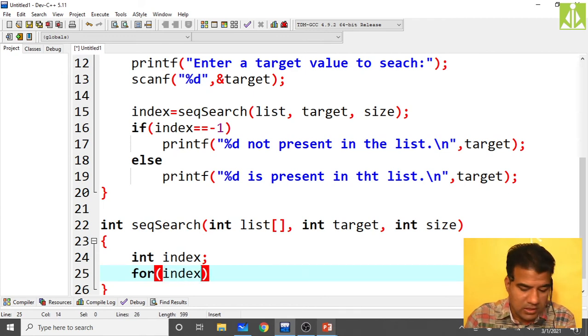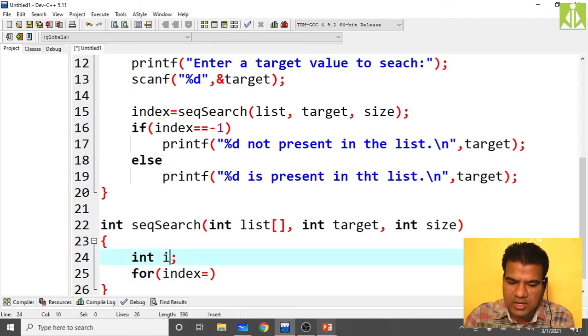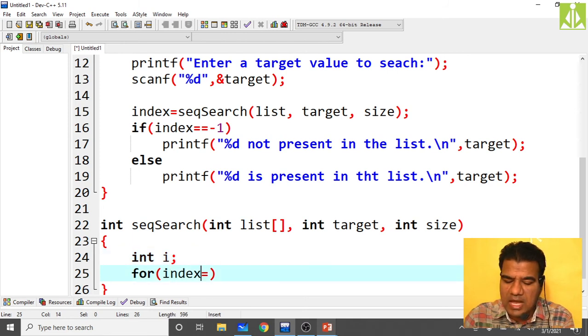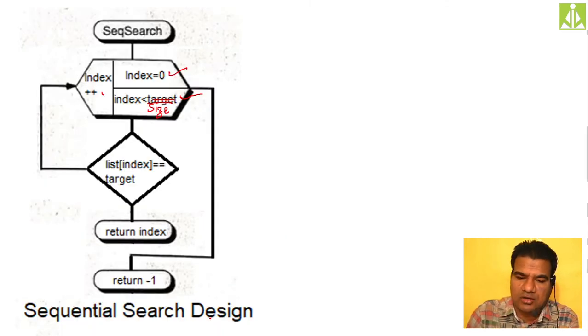Index equals to 0. Or else instead of index you take i only. Why I have taken index over here: in order to make your code resemble the flowchart. In the flowchart we have taken index, so I thought of taking the same variable names here and there.